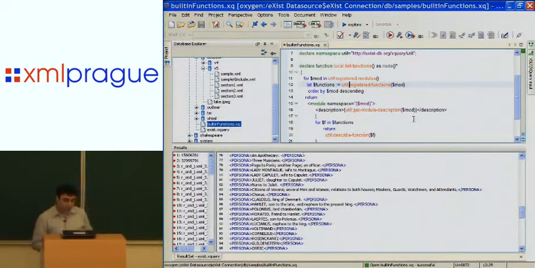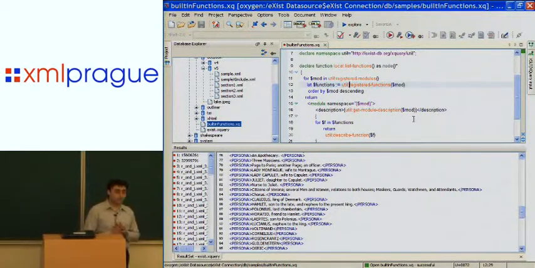Okay. So some of these features that I showed you are not yet available in 10.1, but will be available in about 1 month in 10.2. And I hope you got an overview of what Oxygen does, and what we plan to do next